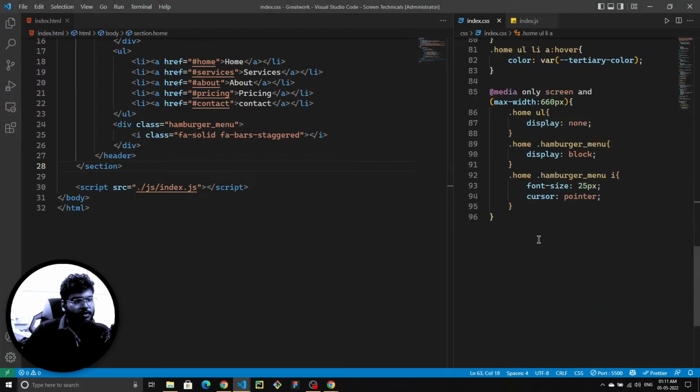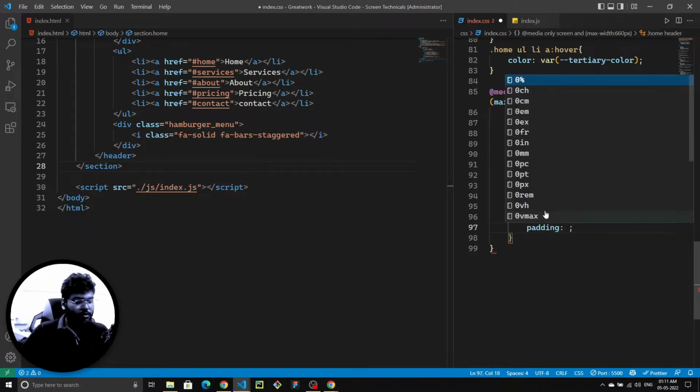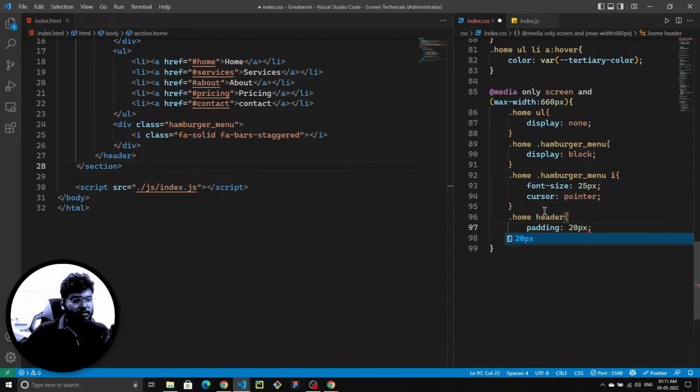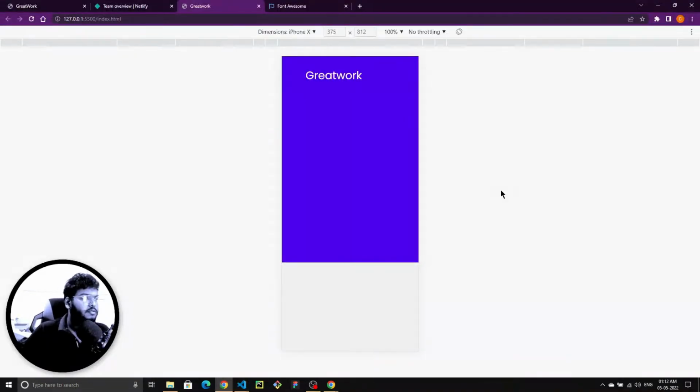And I'm going to select the home, so dot home. Instead I am going to select my header, right? I'm going to reduce the padding of these to, let's say, 20 pixels, and from top I need 30 pixels. Save this much. Let's see. Yeah, now it looks really nice, right? Okay,